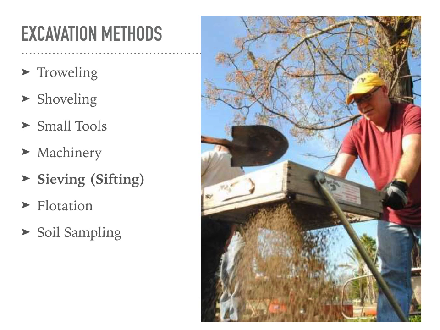However, there can be artifacts that are picked up in those methods. In fact, it's quite common to find most everything in sieves. So they take that dirt and they sift it in a screen like this. It's a very basic small screen, probably 1/4 inch, might be 1/8 inch mesh. They put all the dirt in there, they shake it, and they look for it, and they save anything they find. This is the dirtiest part of excavating,